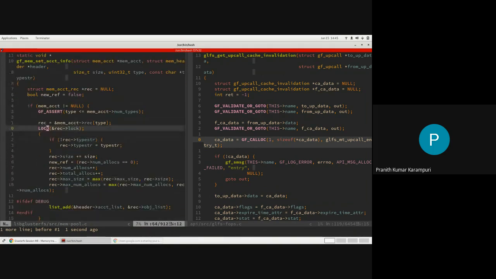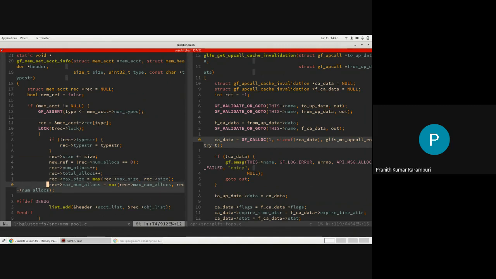What happens here is you get the record. If the type string hasn't been set so far, you set that also. Then because we are allocating, we are incrementing this size. Then the number of allocations, number of total allocations gets incremented. If the maximum size at the moment is greater than whatever has been seen so far, that gets updated.